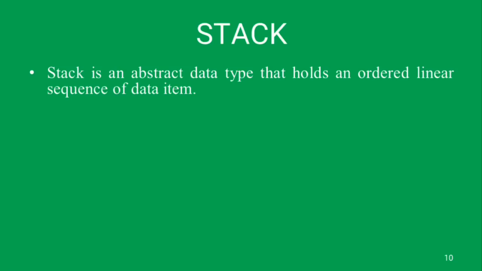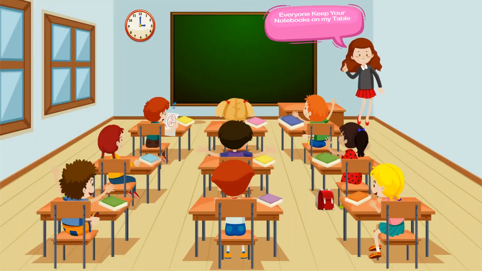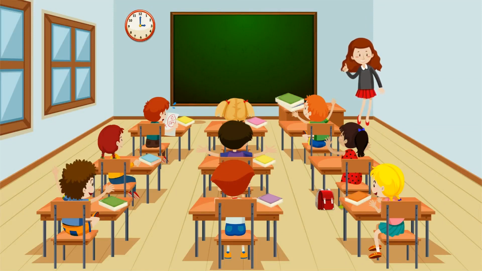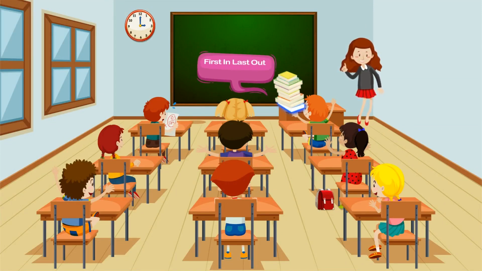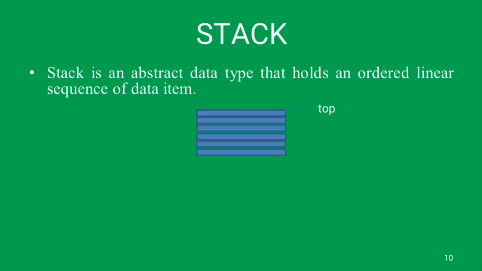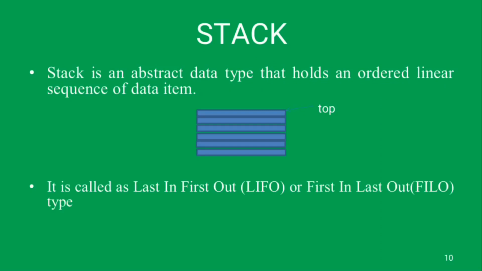Okay, so this might sound confusing, but imagine a stack of papers, that is a paper above another paper. That is what a normal data stack can also be imagined as. Basically you have multiple data items on top of each other and the last element added is at the top of that stack. It is called a last in first out, or LIFO, or first in last out, or FILO, type of data